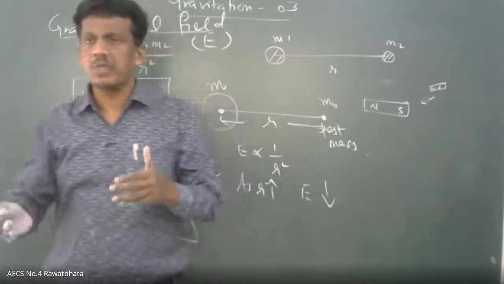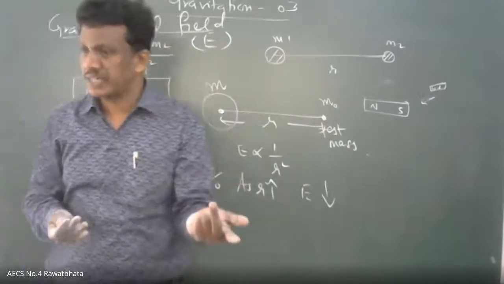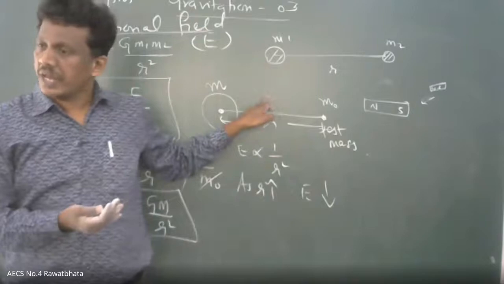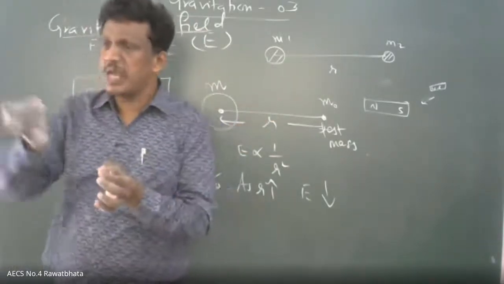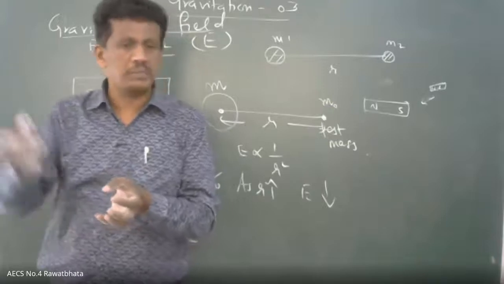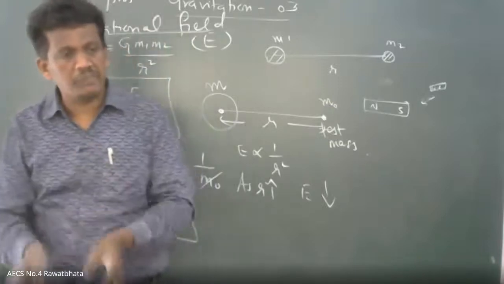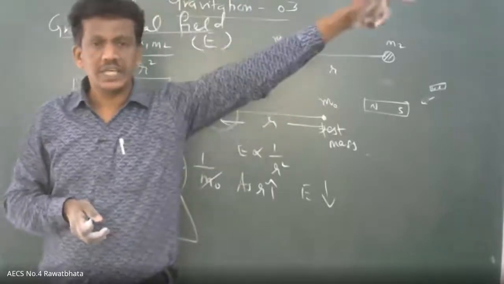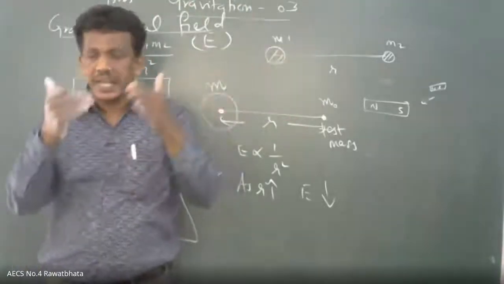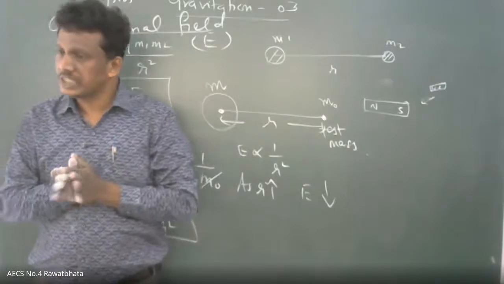Next year you will read the electric field and magnetic field concepts. Here you are reading gravitational field, but the concept doesn't change. Only the name may be changing. Whether it is electric field, magnetic field, or gravitational field, at infinite distance the interaction is negligible. Is it clear now?